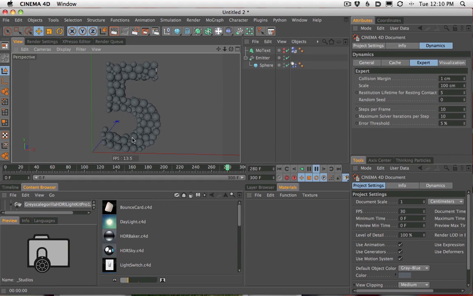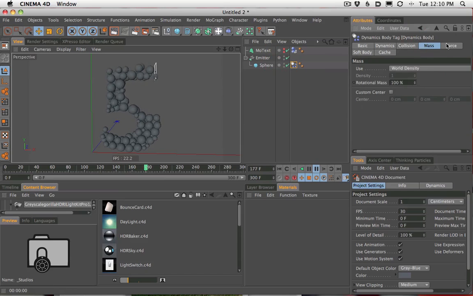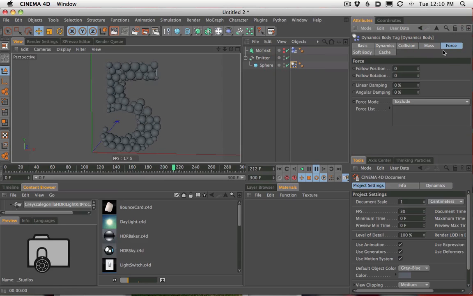If you do, this is something new I finally figured out, and I'm going to use it a lot more often. If you go into the sphere settings, you can go to force. And in force is linear dampening and angular dampening. Or damping, it looks like. I was saying dampening in my head the whole time. But linear damping and angular damping, what that's going to do is settle the clones down earlier and allow them to not jump around and be so fidgety.